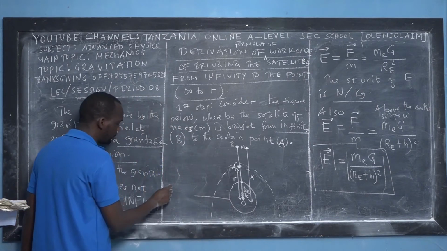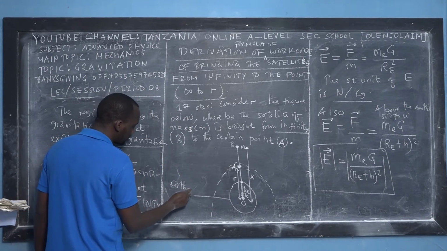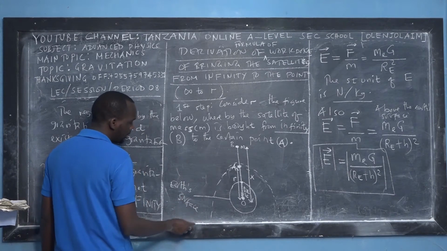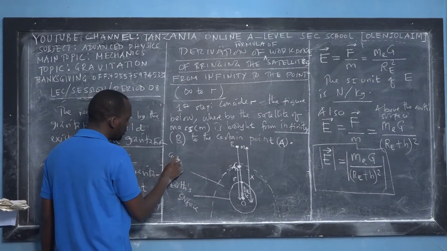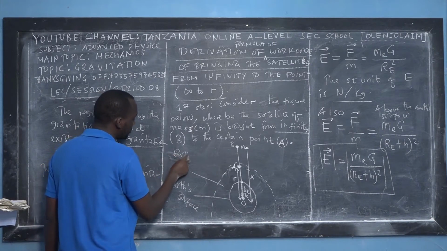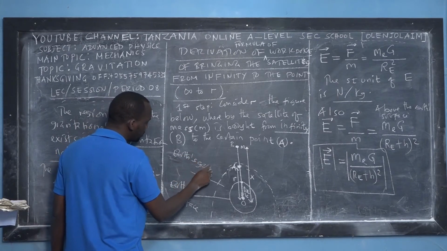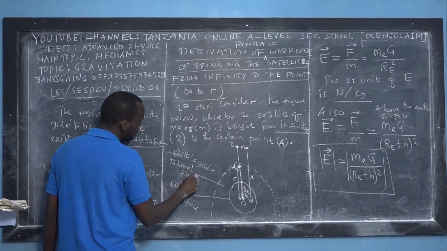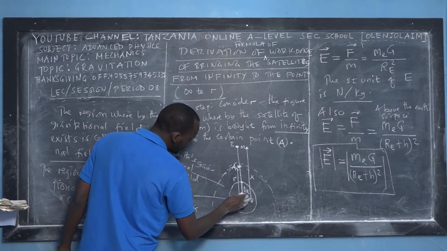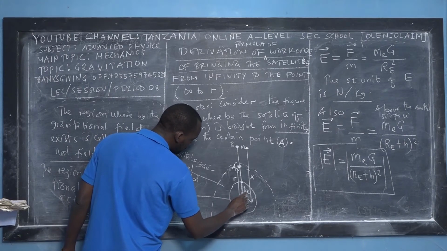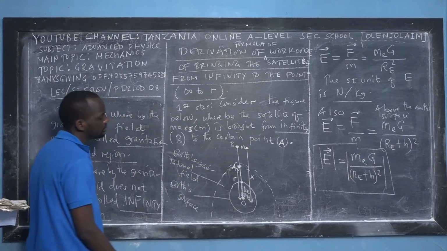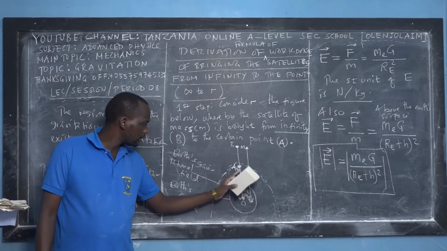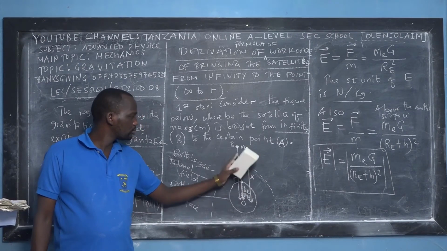So this is the S's surface. And this is the S's gravitational field. This is the center of the S. This is the mass of the S. And then the distance from here to here is the radius of the S. The distance from O to A is R. The distance from O to B is what?